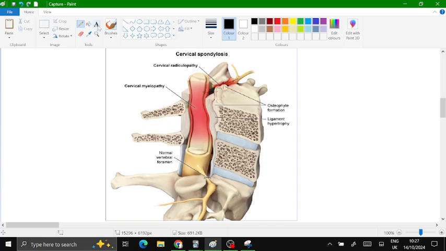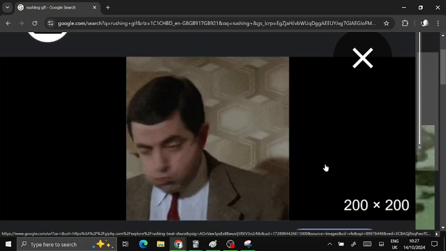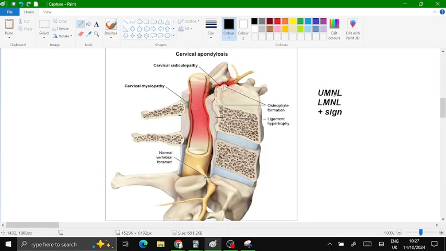For the exam, if you are rushing and don't have time, if you see a patient who comes with upper motor neuron lesion plus lower motor neuron lesion plus a sign which is called Hermit sign, then that's definitely spinal cord compression. What do I mean by upper motor neuron lesion? So you see this spinal cord, if it's compressed, then it will compress the